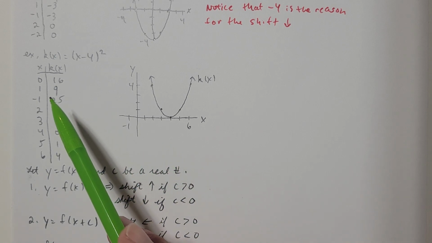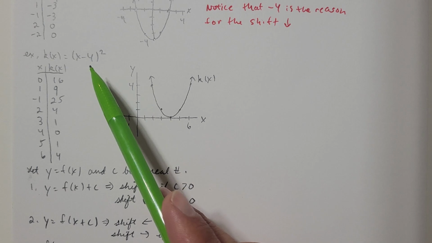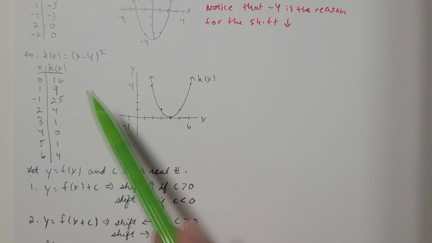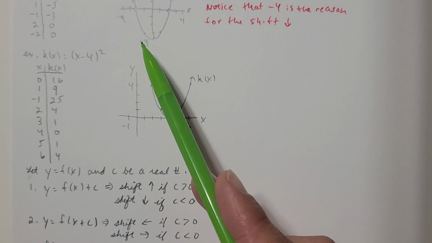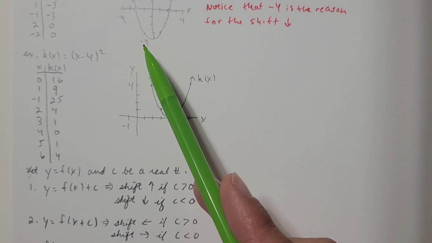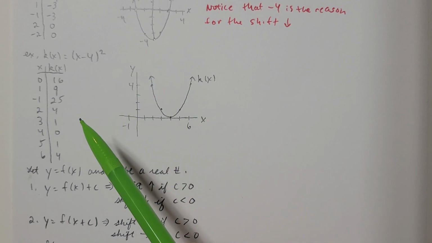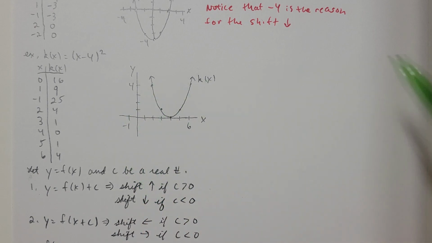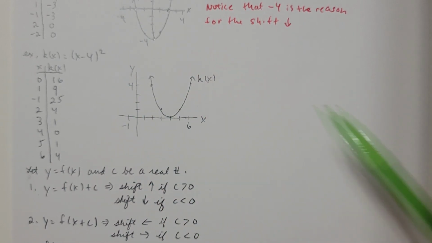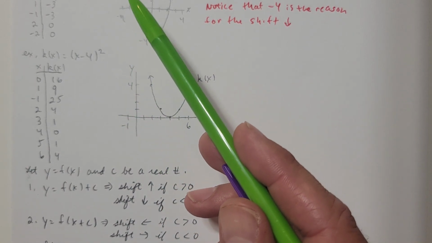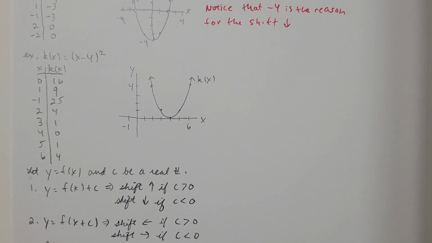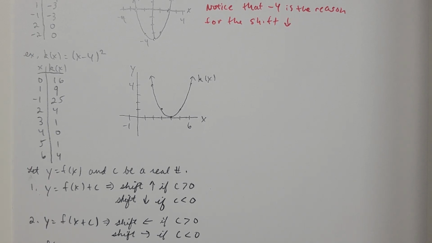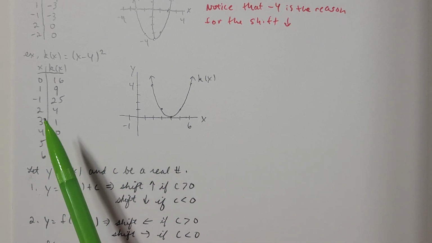Okay, if x is 1, 1 minus 4 is negative 3. Negative 3 squared is 9. So 1, 9 would be on the graph. That, again, is off the scale that we've got, although that point would be there. If x is negative 1, negative 1 minus 4 is negative 5, and negative 5 squared is 25. So we'd be even further off the scale. So while the domain is all real numbers, let's just focus on positives here going forward. If I let x be 2,